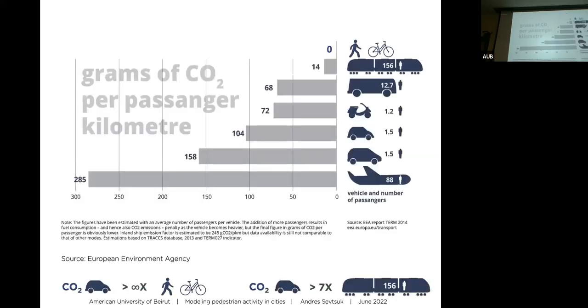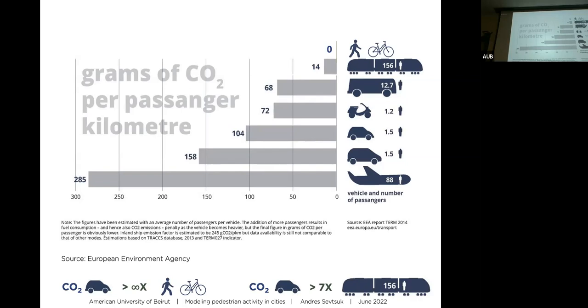If we look at the emissions per kilometer by type of mode, then obviously with zero emissions, walking or cycling is infinitely more sustainable than anything else. But even public transport, if we're talking about, for instance, rail transport like light rail, where we come to something around 15 grams of CO2 per passenger per